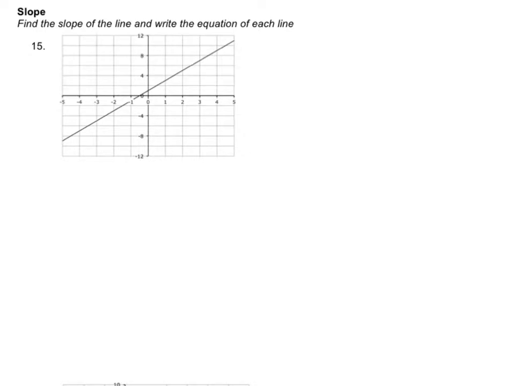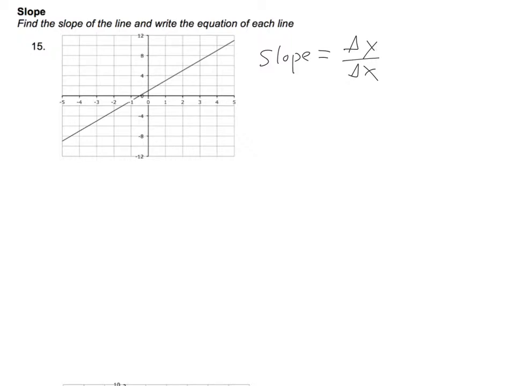Okay, for our next topic here, we need to be able to find the slope of the line shown on the graph and also write the equation. So I'm going to start here by finding the slope. We know from previous math classes that slope is either rise over run or change in y over change in x. So the first thing I need to do is to get 2 points here that I can use to